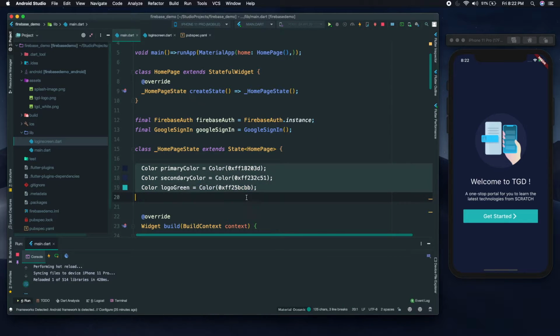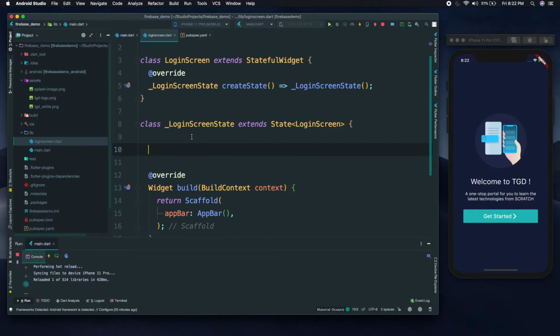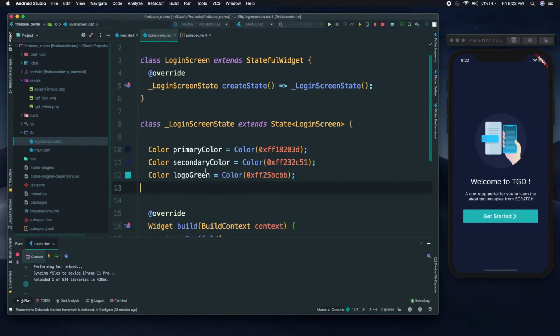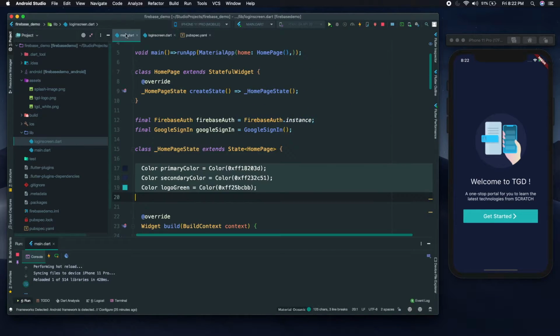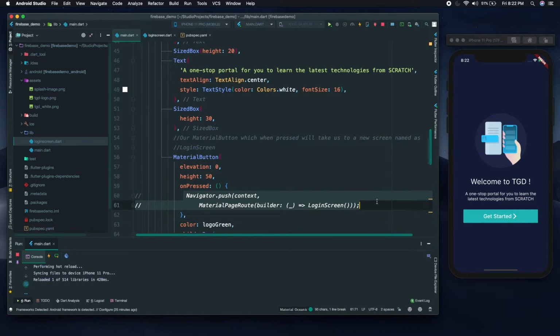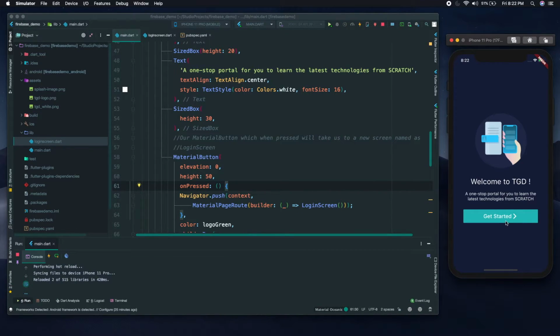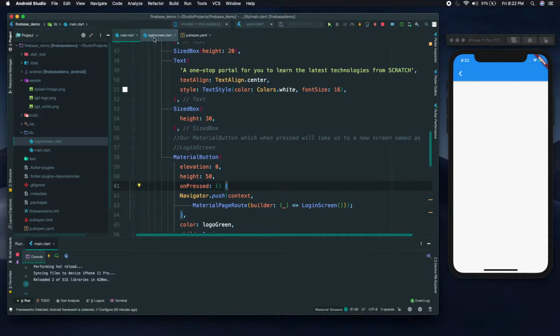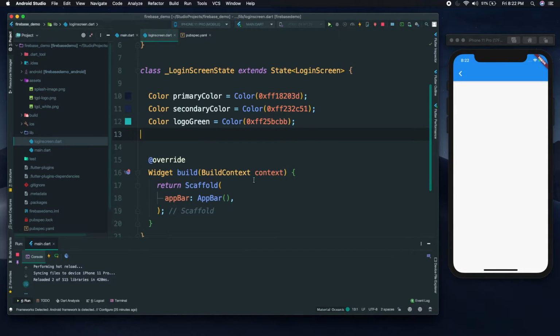So we'll copy these colors because we'll be needing them here, paste it here, and then for this I'll just uncomment these lines, navigator.push material page route, and we are going to a login screen, right? We'll just import the library, right? And it should work. If you click here, you can see that we are going to a new screen. Now this new screen is following the default material colors, so we'll change it. We'll give it a background color of primary color,